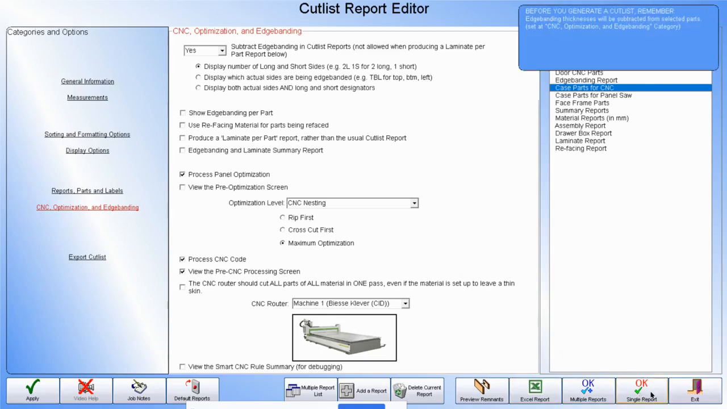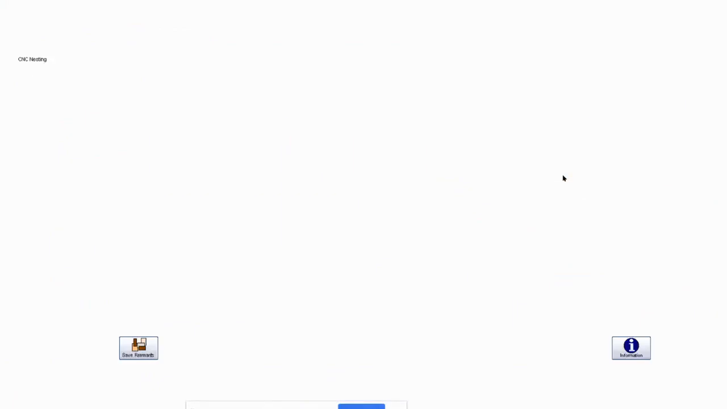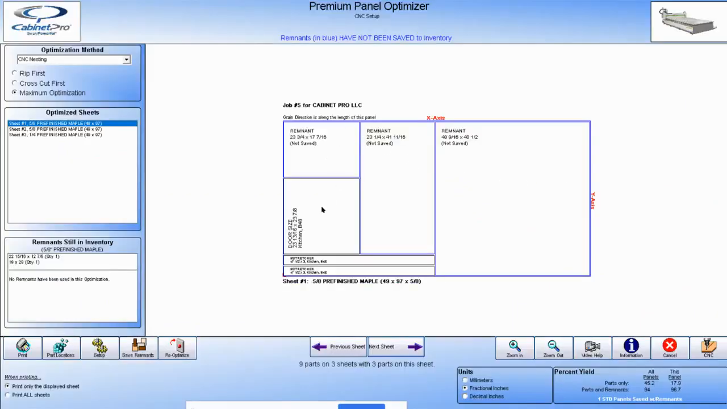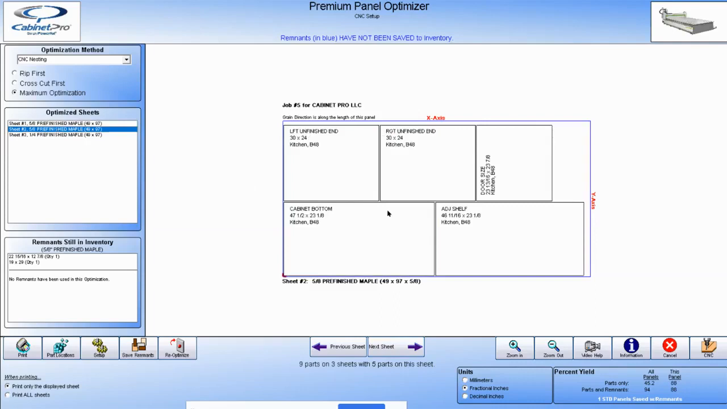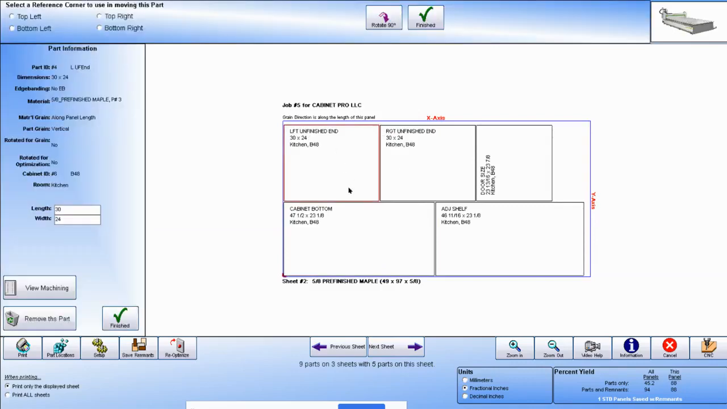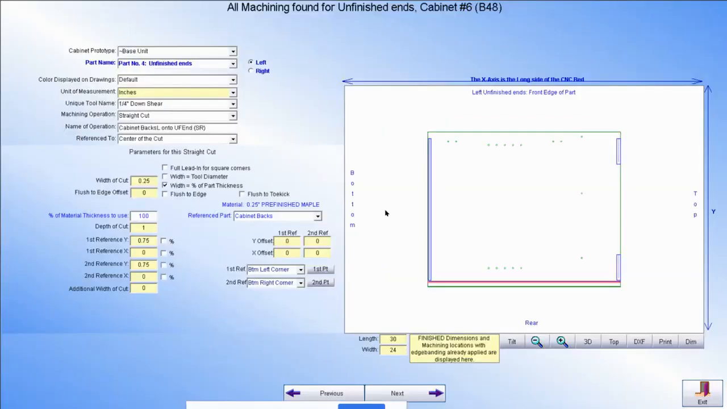I'll go through them in a few minutes. But if I hit the OK button at this point, we have our cut list, we have our CNC. Notice we have remnants that are going to be cut out. These will be used for future jobs. We covered that in panel optimization yesterday, so we won't do that today. Here, if we want to look at the machining for this left unfinished end, we could look at it